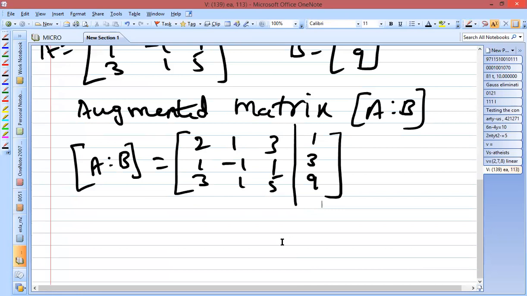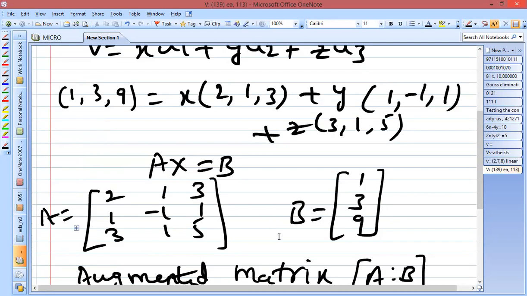Now we are going to find the rank of matrix A as well as the rank of the matrix AB. Here we'll be checking whether the rank we get is equal to the number of unknowns. The rank should be equal to the number of unknowns. Here we have 3 unknowns x, y, z, so the rank of the matrix should also result in 3. If they are equal, then you can say that the system is consistent and it possesses a unique solution. If the rank is less than the number of unknowns, the system is consistent but infinite solutions will be available.